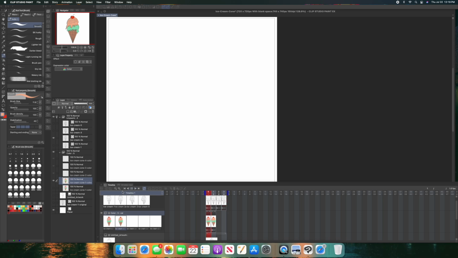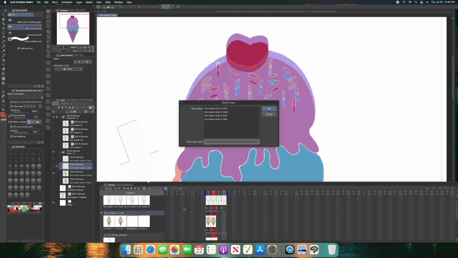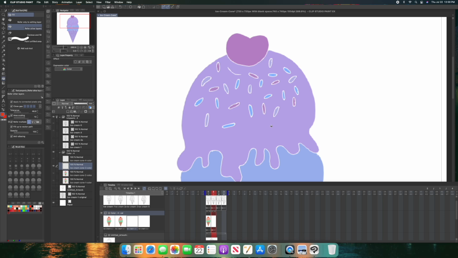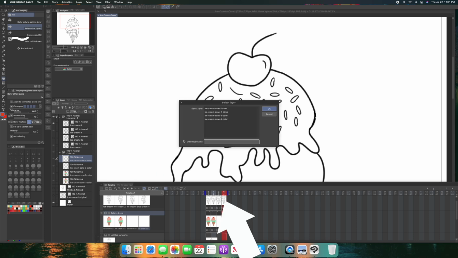So I'm going to go into this third layer, so this next ice cream cone layer that I need to color. And then I'm going to select 3, make sure it's highlighted in red, and then I'm going to make sure I select that correct layer in my select layer options, and then I'm going to hit OK. And then I'm just going to do the exact same thing for the final 4th option. I'm going to select that layer. I'm going to then click on the 4th cell here, make sure it's highlighted in red, and then go into my select specify cell. I'm going to get my pop-up, and then I'm going to select that specific layer